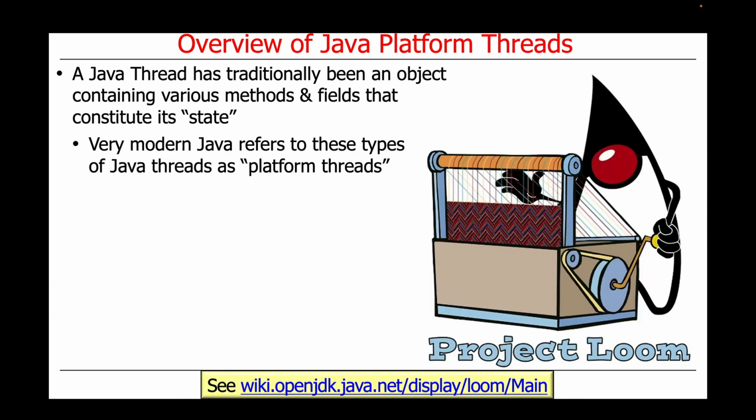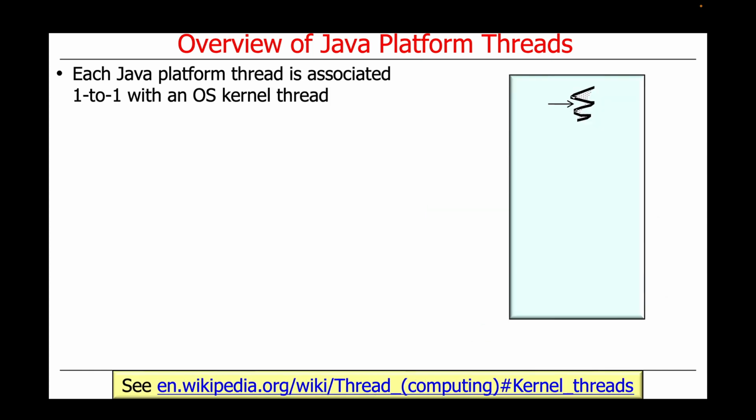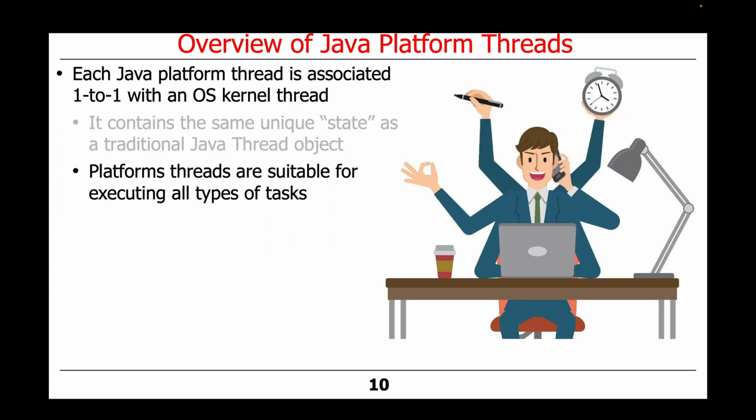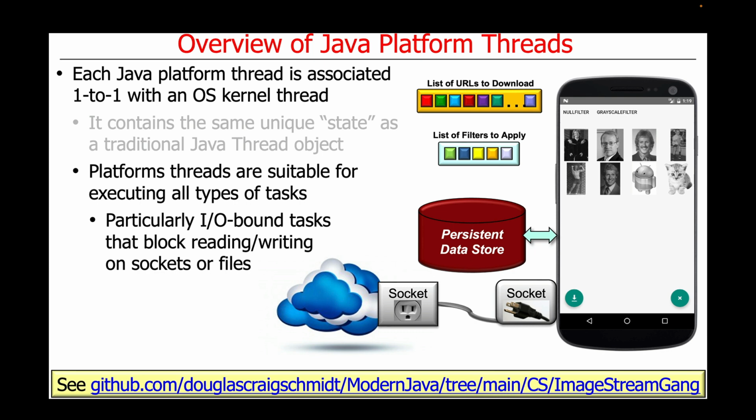Very modern Java, in other words, Java 19 and beyond, refers to these types of Java threads as platform threads. Each Java platform thread is associated one-to-one with an operating system kernel thread. It therefore contains the same unique state as a traditional Java thread object, such as a name, identifier, runtime stack, and so on. Platform threads are suitable for executing all types of tasks, be they CPU-bound tasks or I/O-bound tasks, and so on. Historically, they've been particularly useful for I/O-bound tasks that block reading and/or writing on sockets and/or files,